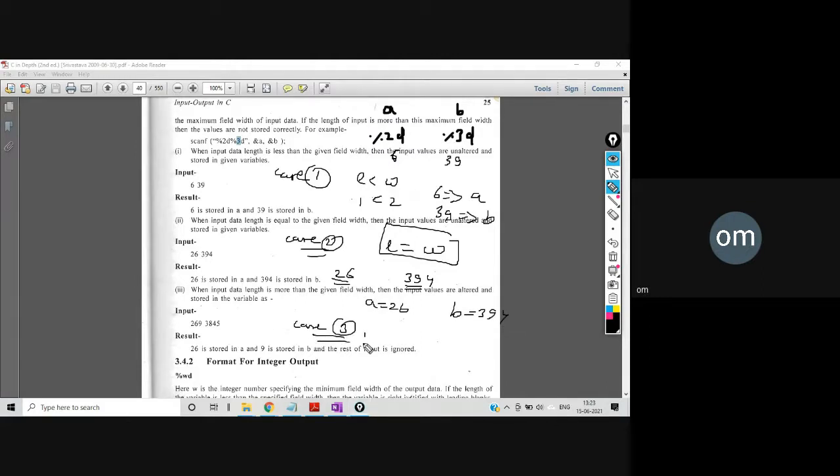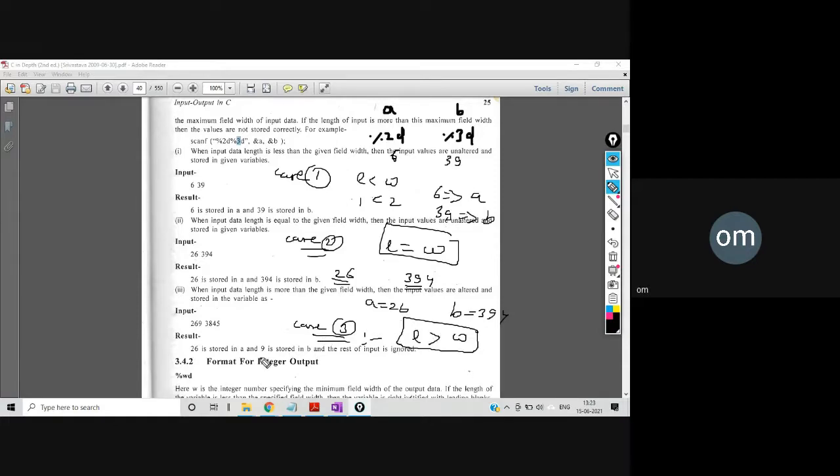In case number 3, the length is greater than W. So here there will be a problem because the maximum width was W only and length is greater than W. So we are not having enough space to store all the numbers, right? So there will be a problem. What problem will happen?